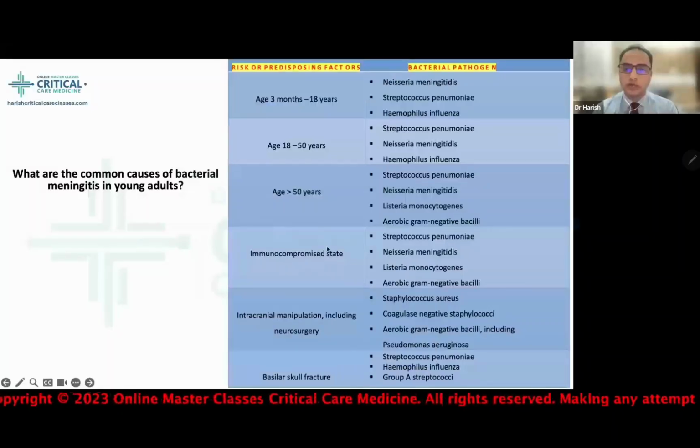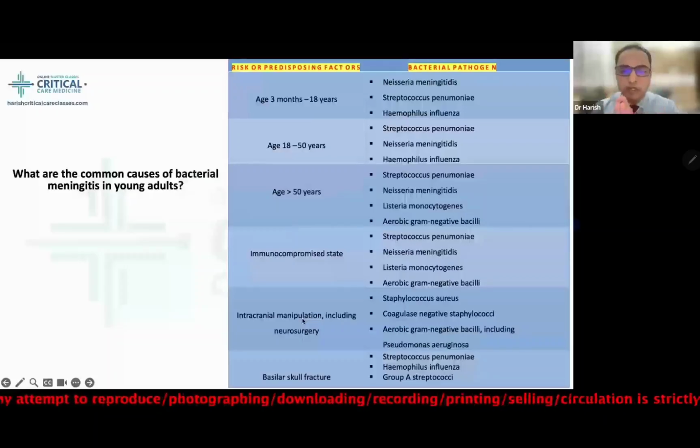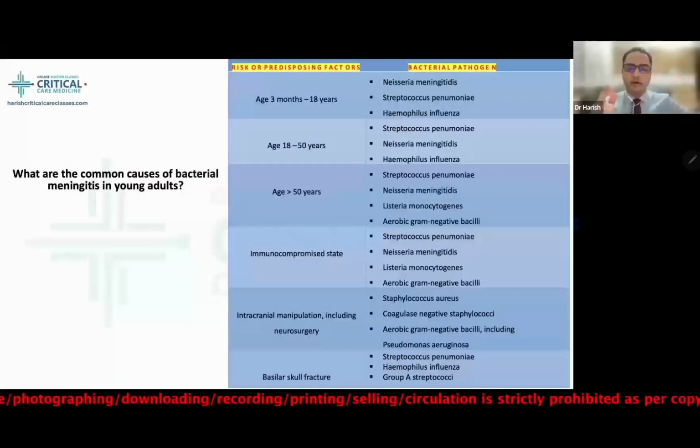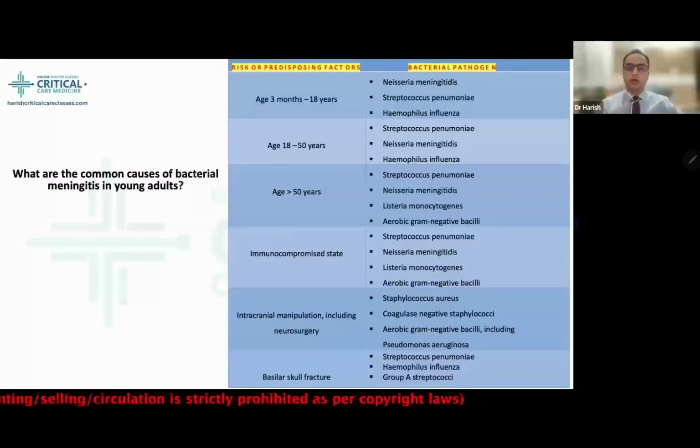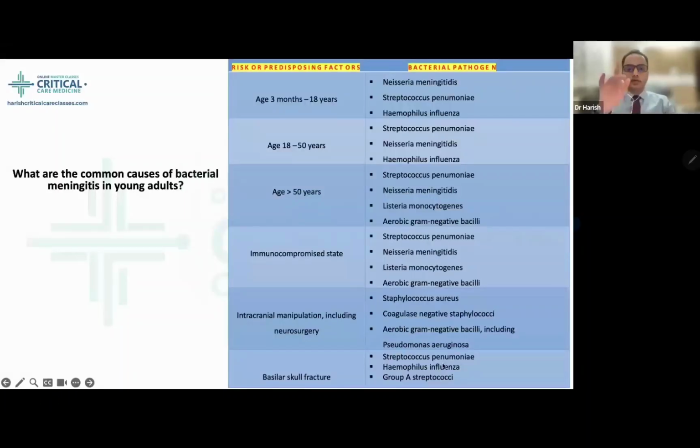and aerobic gram-negative bacilli. In an immunocompromised host: Streptococcus pneumoniae, Neisseria meningitidis, Listeria monocytogenes, aerobic gram-negative bacilli. With intracranial manipulation, including neurosurgery, we can expect Staph aureus, coagulase-negative Staph, aerobic gram-negative bacilli, including Pseudomonas and Acinetobacter. With a basilar skull fracture, we can expect Streptococcus pneumoniae, Haemophilus, and group A streptococci. If you see, the commonest organism in community-acquired meningitis is going to be Streptococcus pneumoniae. Very, very important. But you can go through this fantastic table to get an idea about the causes